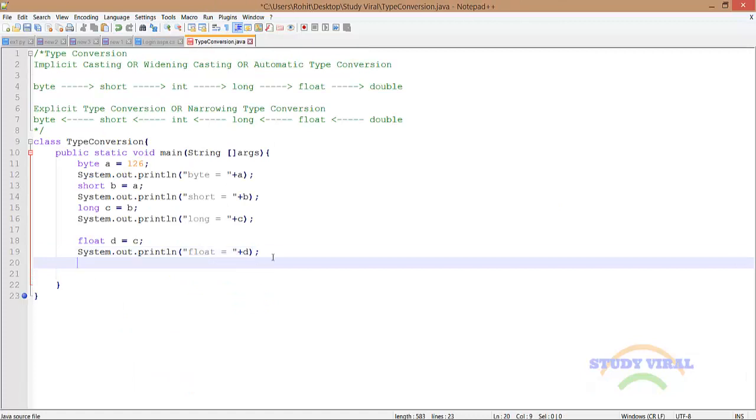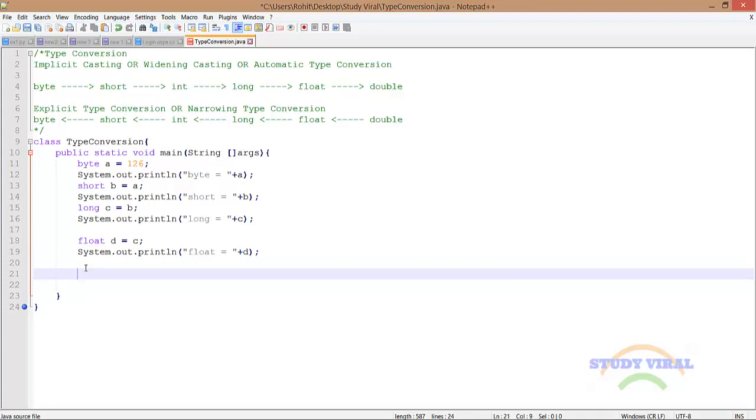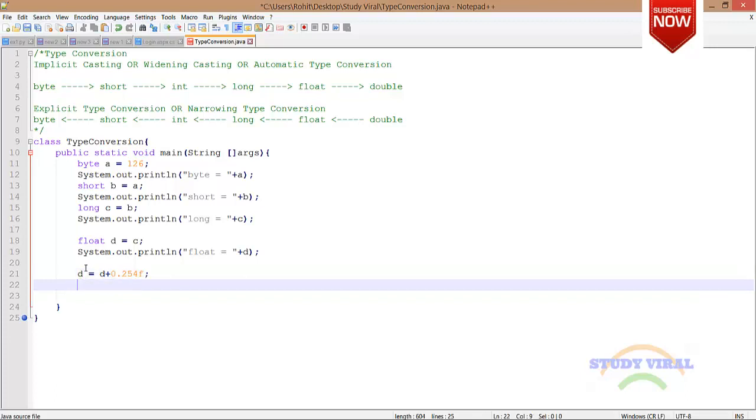Now if I want to convert a higher data type value to a lower data type value, for example, let me first change to this. Okay, float data type to higher. Let me add some value to this, like d is equal to d plus 0.2564, for example, and I think I have to put f over here. Okay, now system out b for